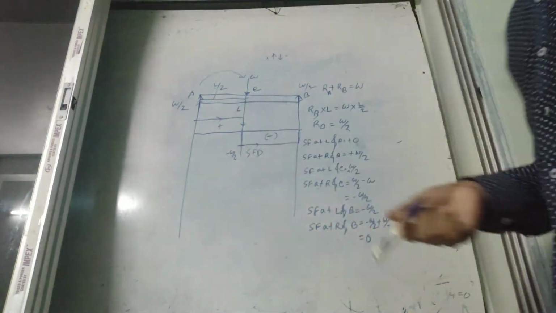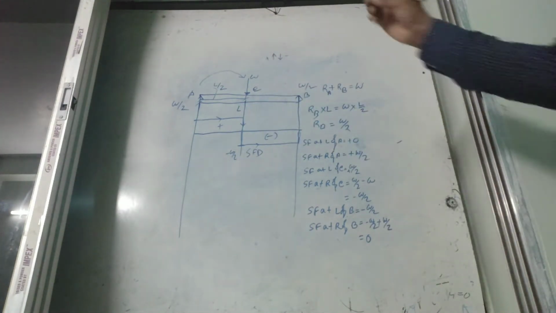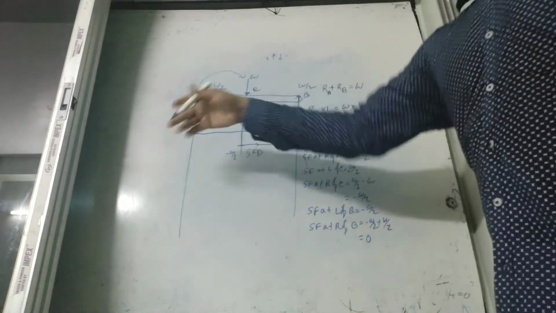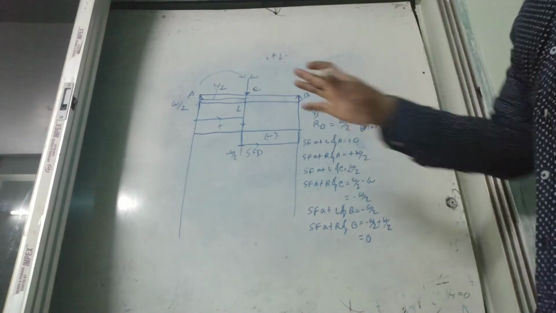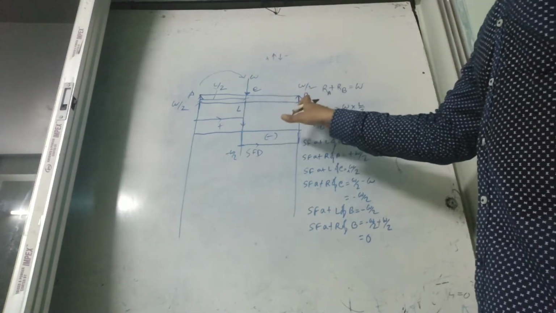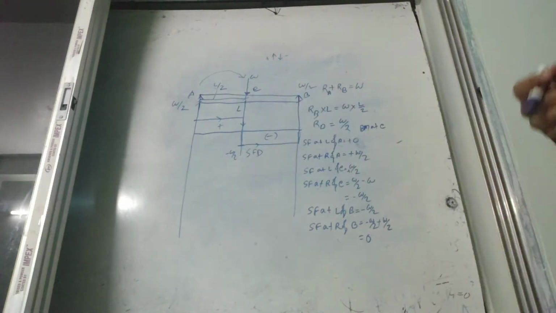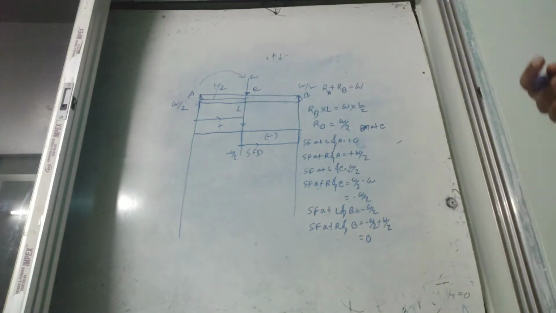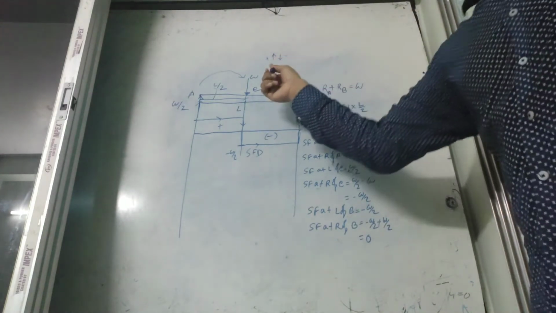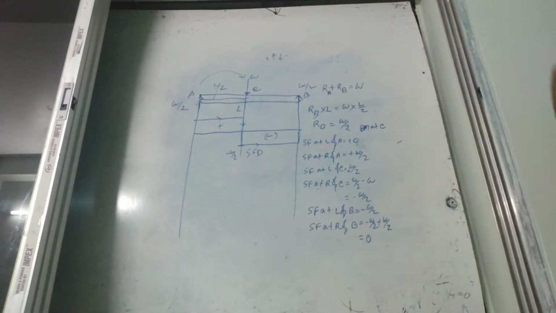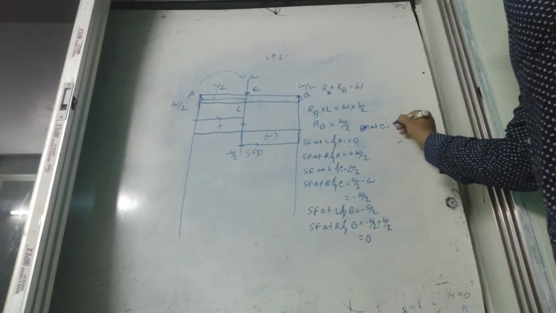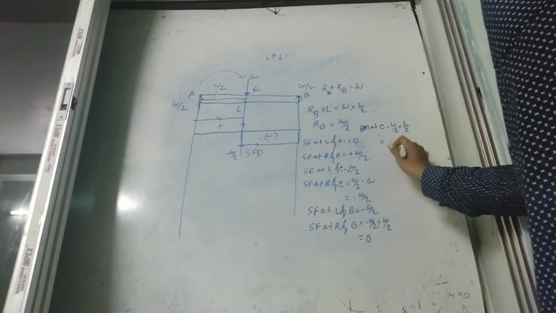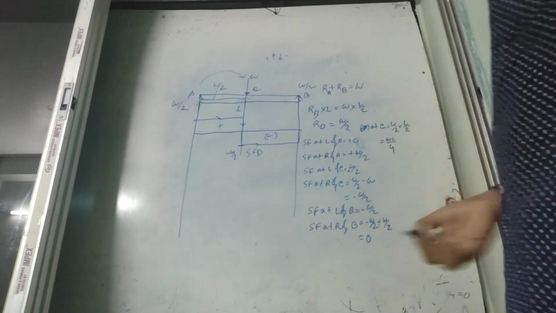A and B are 0. So we need to calculate the bending moment at only one point. So BM at C, if you go from this side or this side, nothing to worry about that, okay. And in the last class I told you that at the point whose bending moment we are calculating, the force acting at that point is not counted in our math. BM at C equals force W by 2 into distance L by 2. So our answer is WL by 4.